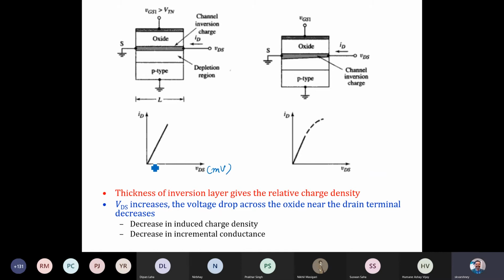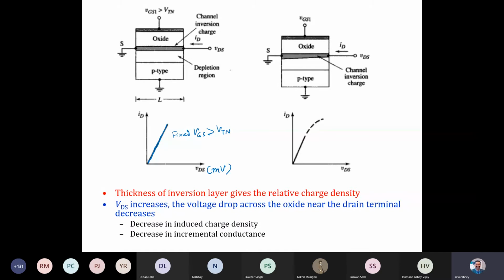that you see here, as you apply the voltage VDS at the drain terminal, you see the rise in the drain current. This will happen as you go on increasing VDS, for a fixed VGS which is greater than the value of the threshold voltage. So the channel is on, meaning we have formed the channel.